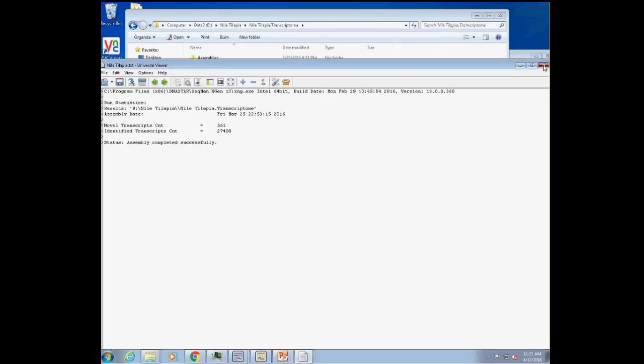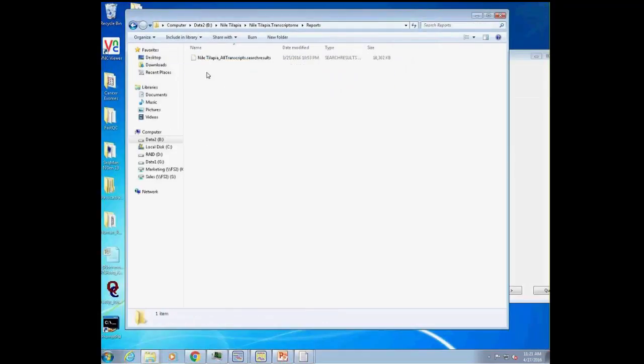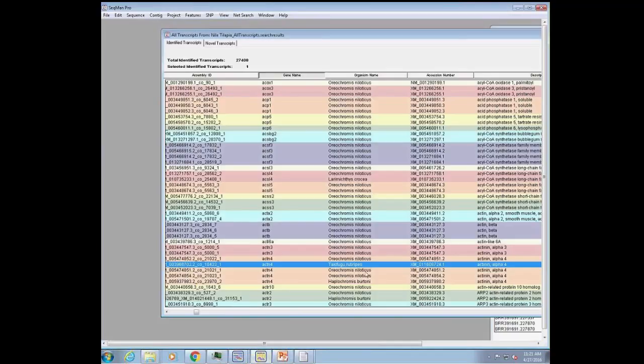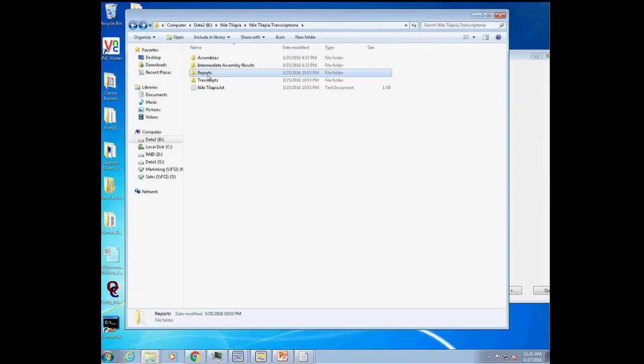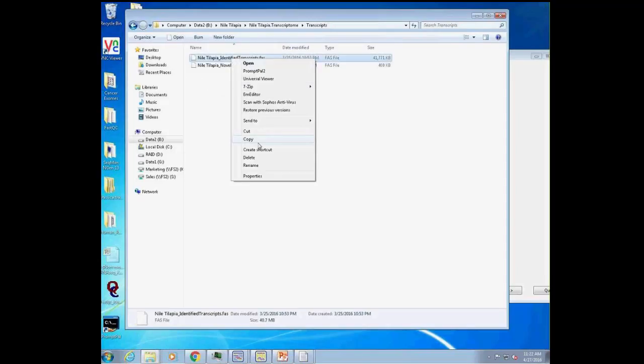And then I also have, in this reports folder, this all transcripts search results table. This is the table that we're actually viewing. I can look at this in Excel, and this is actually what we're loading in SeqMan. This multicolored table is that table, and it interacts with all the assemblies. So those are the 2 key components. And we also have the transcripts file, a third piece. These are the identified transcripts. These are the novel. So if I look at identified,